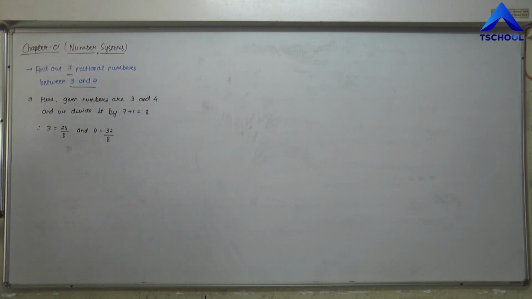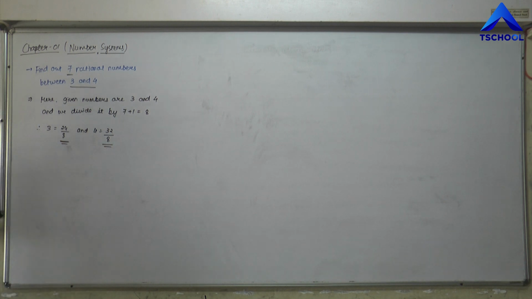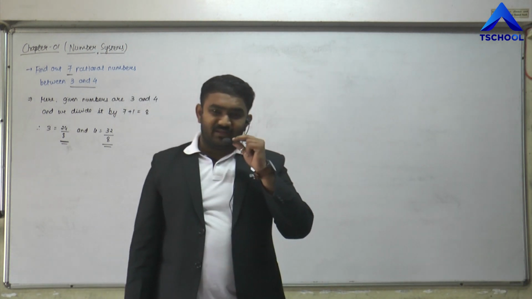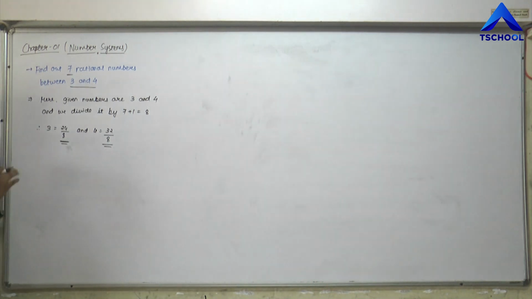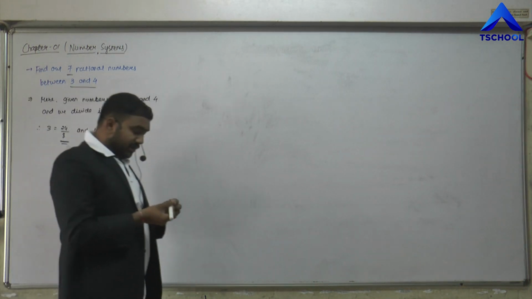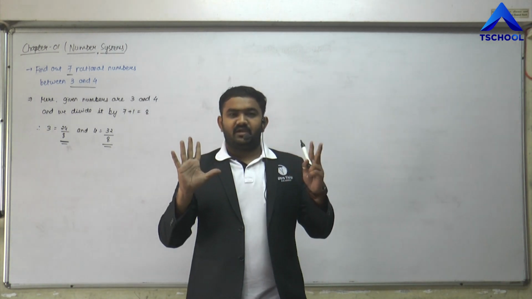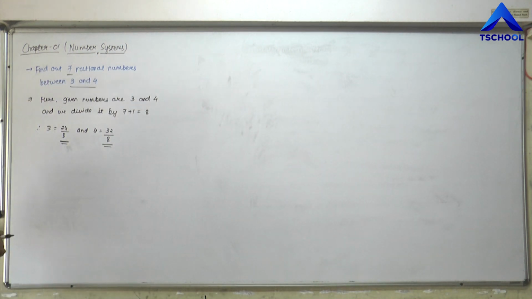Yes or no? So you can check out, friends, that this 24 upon 8 and 32 upon 8 has a clear difference of 7. But the numbers lying in between, you don't simply minus them. If you minus them, you will get a difference of 8. But rather than subtracting it directly, what we shall do is find the numbers between them. So if I count out the numbers, then I get 25, 26, 27, 28, 29, 30, 31, right? We are not going to take 24 and 32 both.